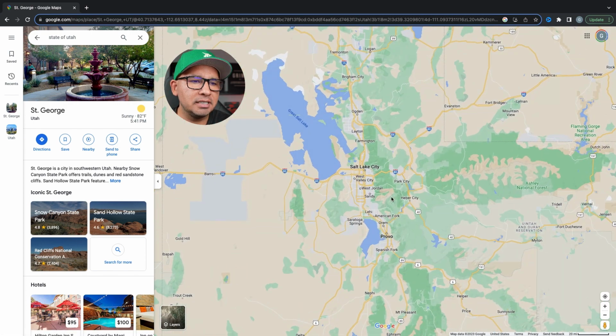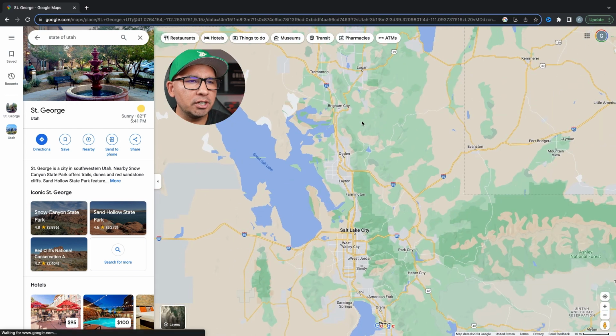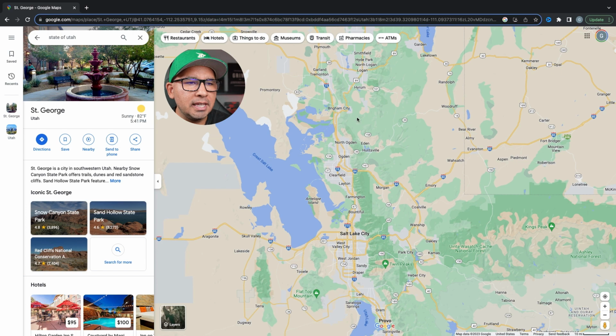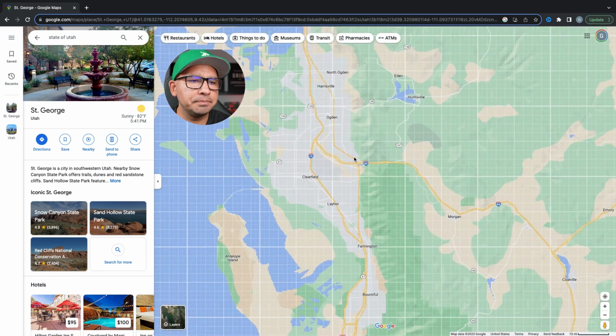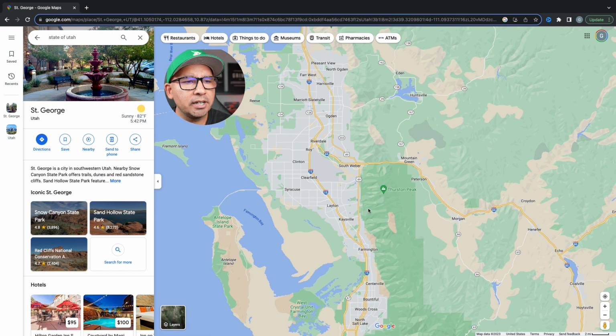Now here in Salt Lake City, we have 4 different counties here. Actually, probably like 6 or 7 if you include Park City and then the Tooele area. But we're going to focus here. Start off with the Weber County area, which includes Ogden. The Ogden area, there's a lot of